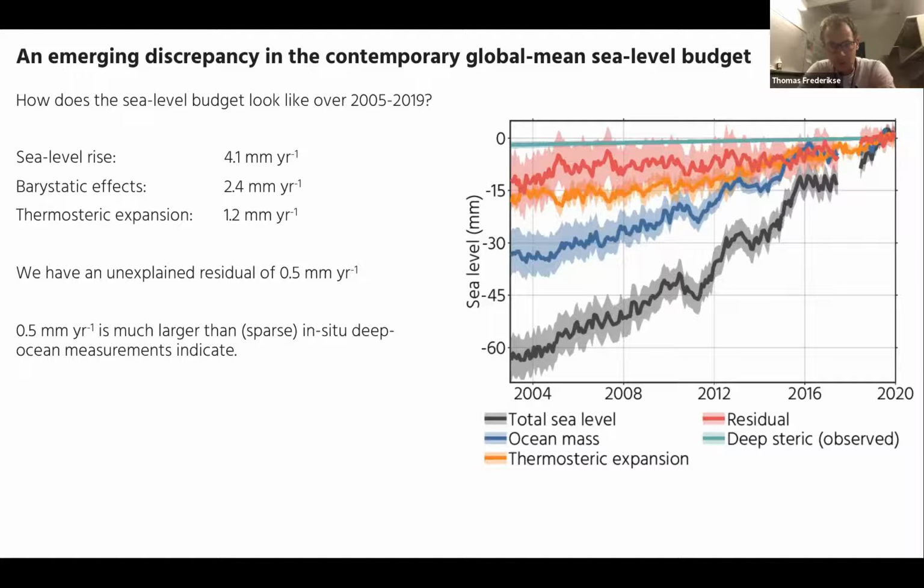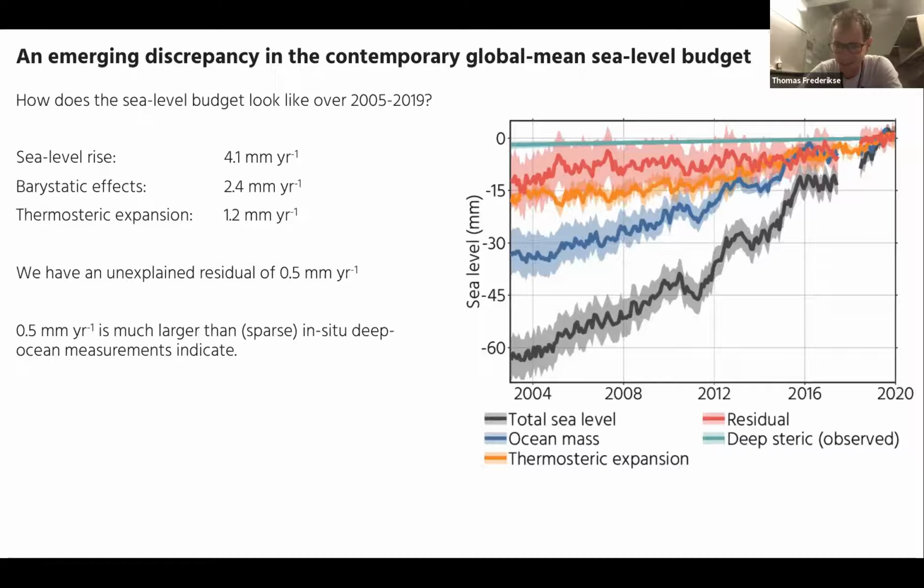And there's another argument you can make: the ocean is very slow to react to sea level change. So to get all these temperature changes into the deep ocean, we wouldn't know of a process that would cause so much deep ocean thermosteric expansion. So this 0.5 number seems to be on the large side. It suggests that there might be something else